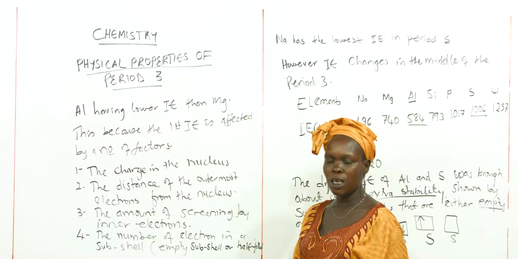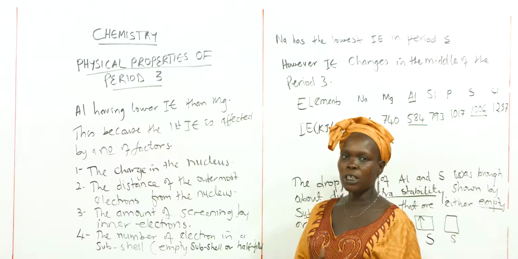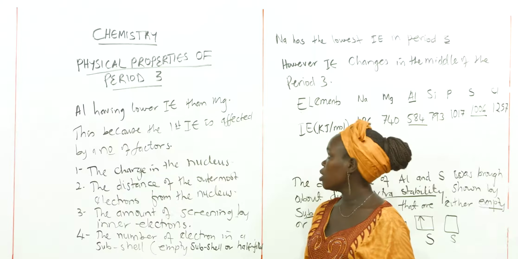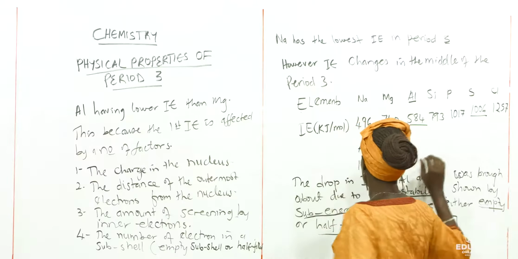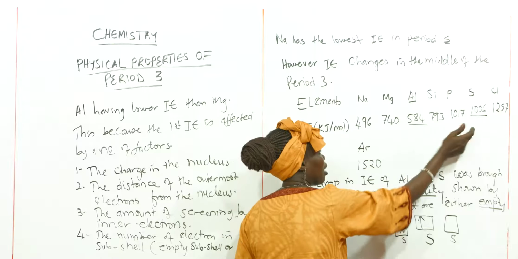If it is half filled or empty, then it will affect the ionization energy of period 3. That is why in the middle, aluminium and sulfur have a drop